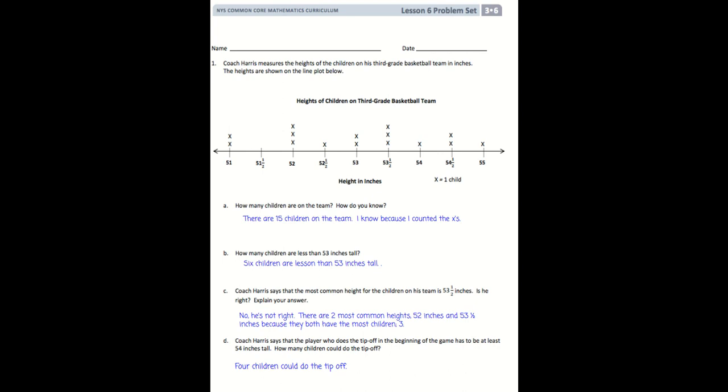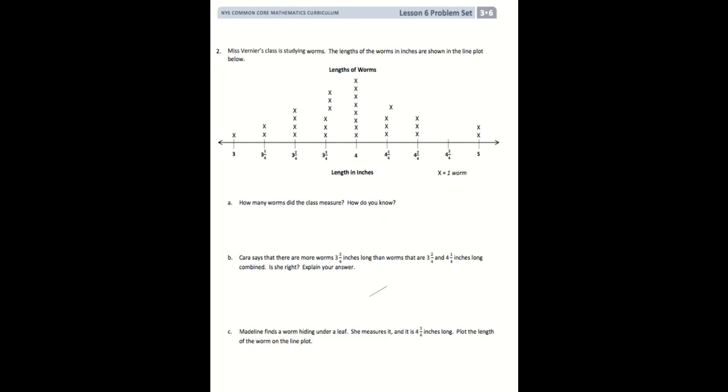Then if we turn the page to 228, remember, pause anytime you need to. Number 2 says, Miss Vernier's class is studying worms. The lengths of the worms in inches are shown in the line plot below. So here's our length of our worms